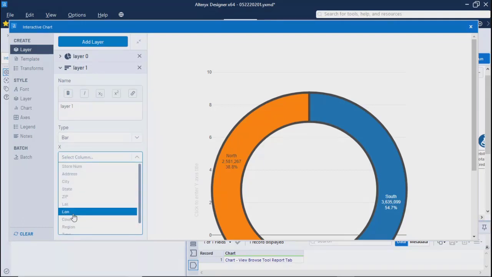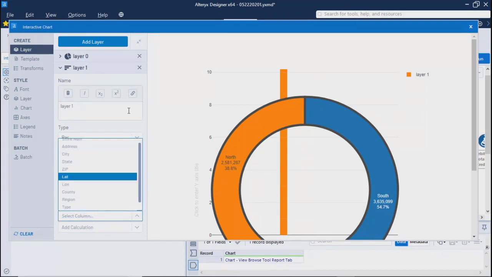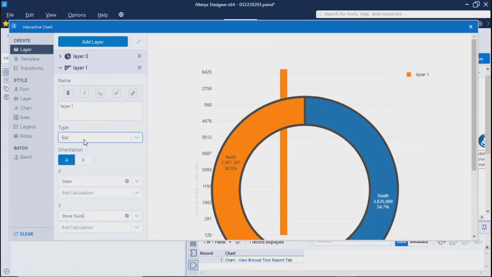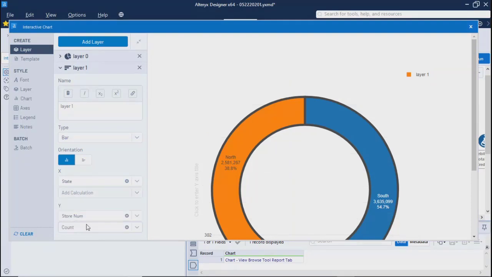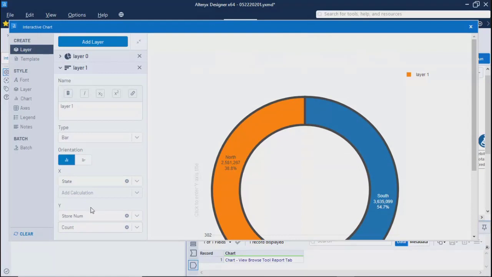So let's say I'll take cities this time. And then you can take values, so maybe values of store and count. See, it shows both the layers over here right now.